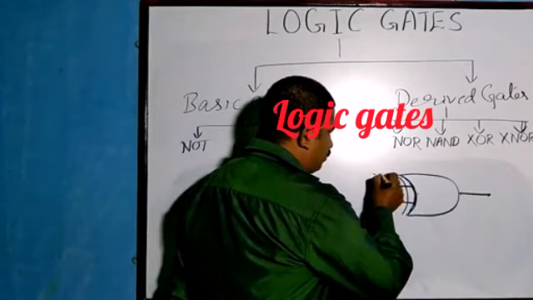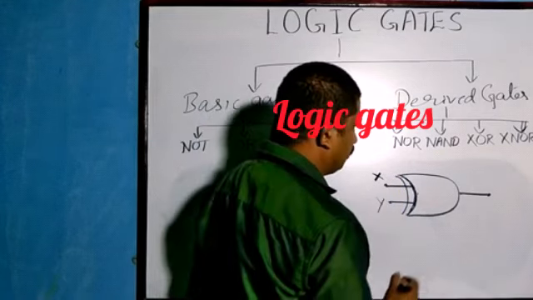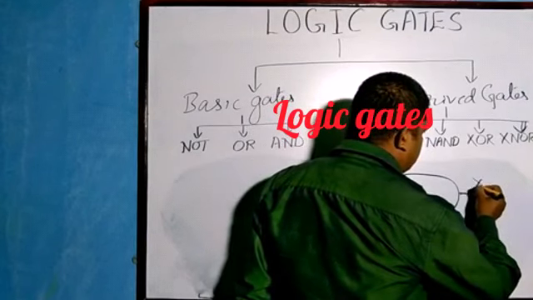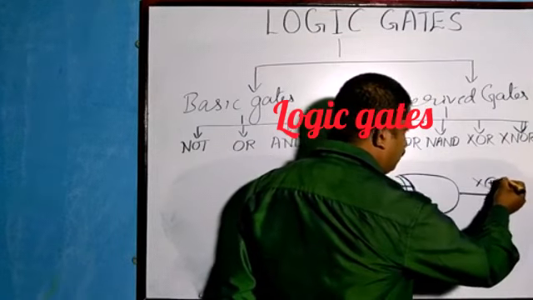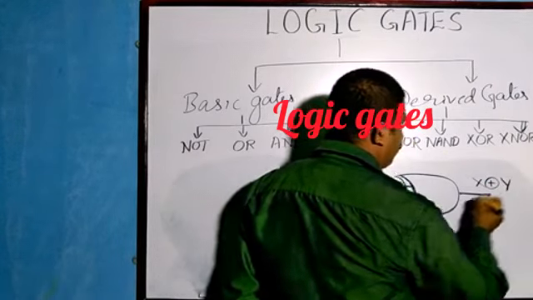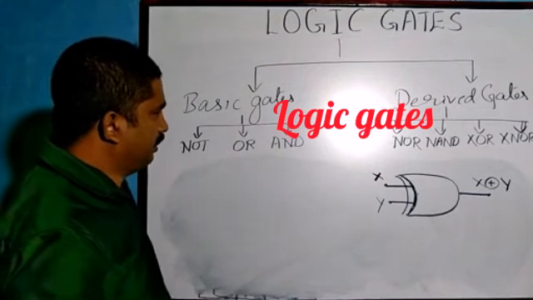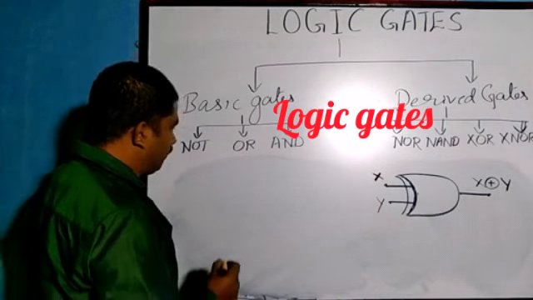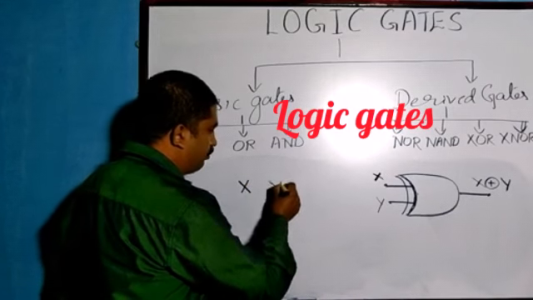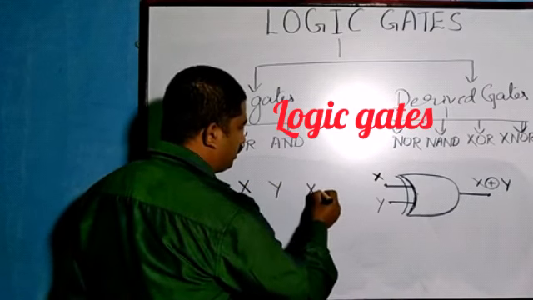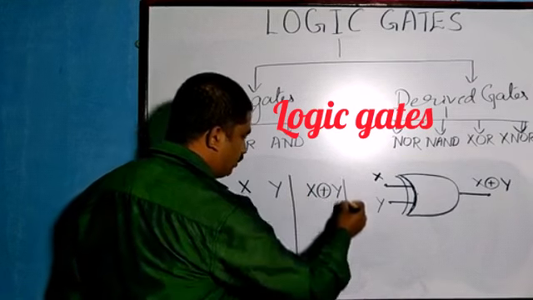Okay. So if the two inputs are, let us assume, X and Y, then in Boolean algebra we write the symbol for the XOR gate like this. Put a plus mark, then put a circle. So this is the output for the exclusive OR gate. Now let us see how the truth table works. So as usual, we need two inputs, X, Y. The output is, draw a symbol like this.